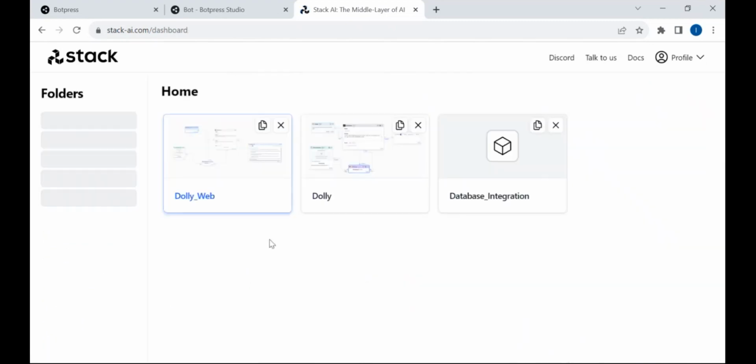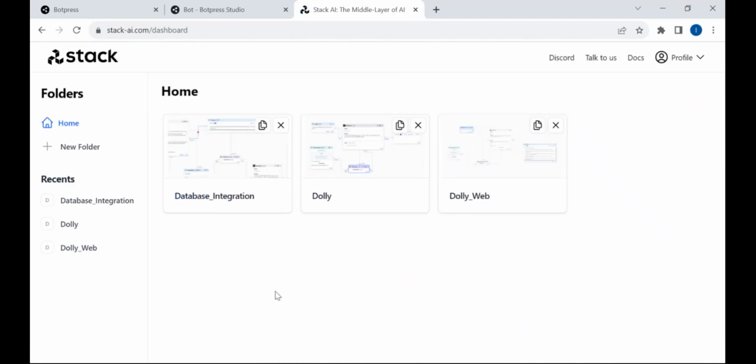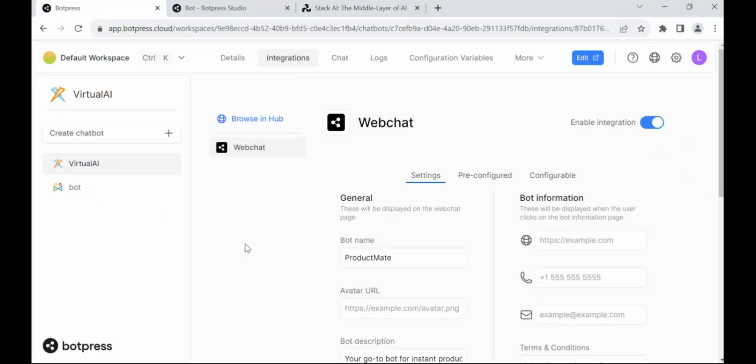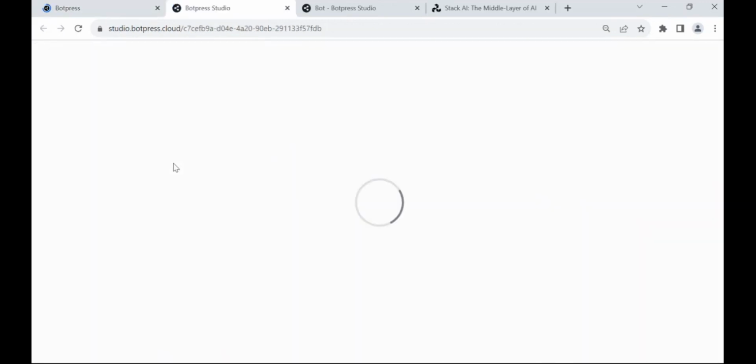Now, the next step is to show you the UI part, the WordPress part, where I've designed my workflow and integrated the endpoint coming from Stack AI into my UI, and that's how I created my virtual assistant. So let's see how I created my UI on the WordPress side. This is the WordPress homepage, and this is virtual AI, which is nothing but the workspace name that I've created. Let's click on edit. It will open a new window, and we can have a flow over there.